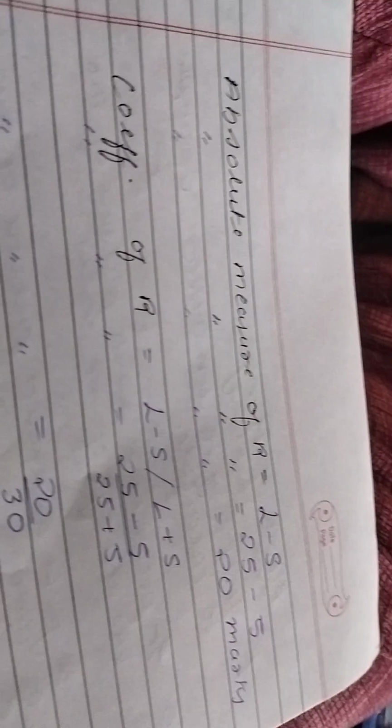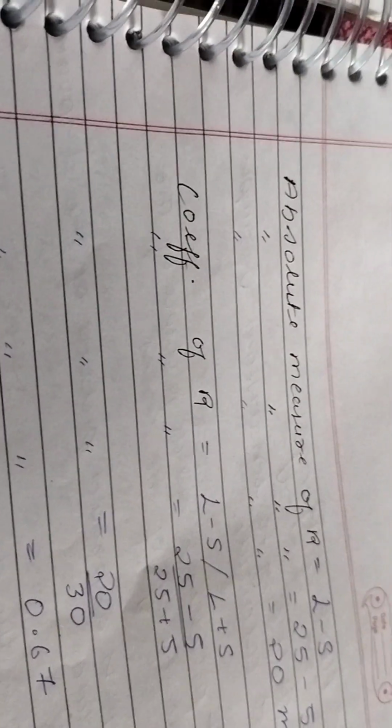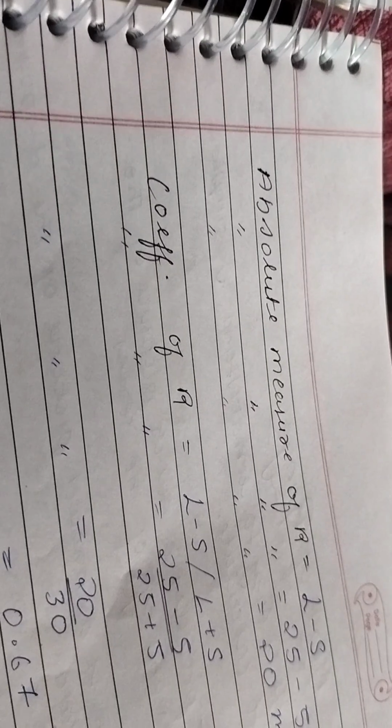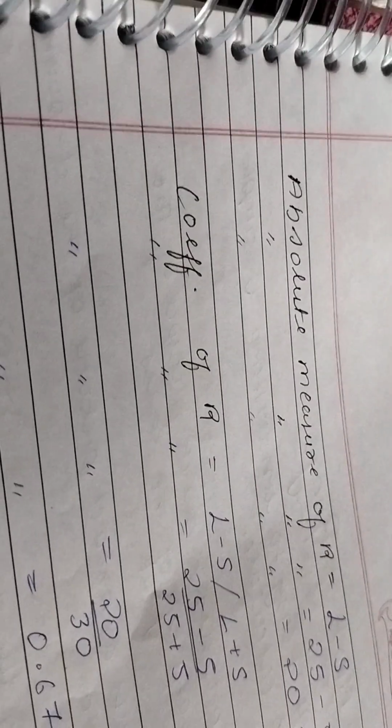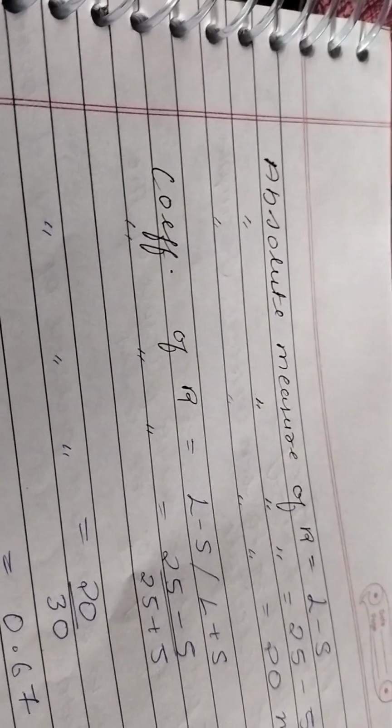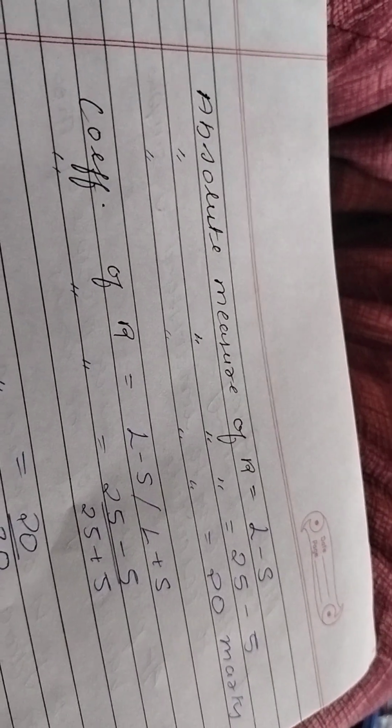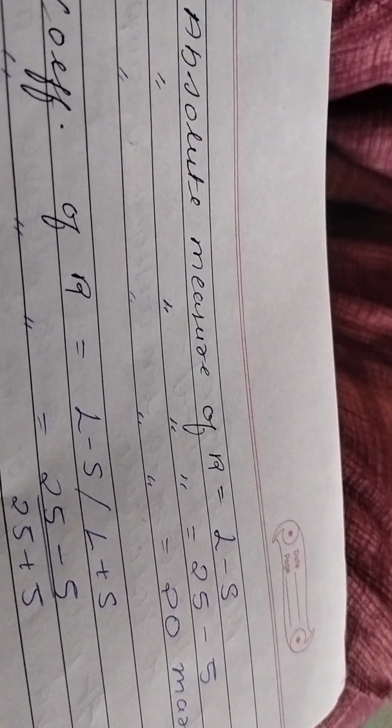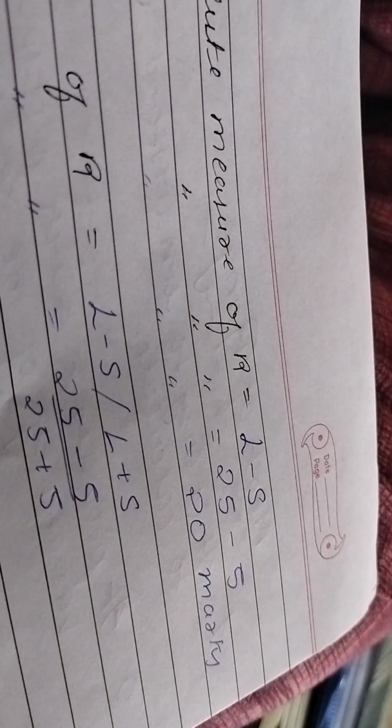It is not in a range, like 10 to 20 or something like that. So it is a discrete series where the individual observations are there as well as the frequencies. So the absolute measure of the range is L minus S, which is 25 minus 5, and we get 20